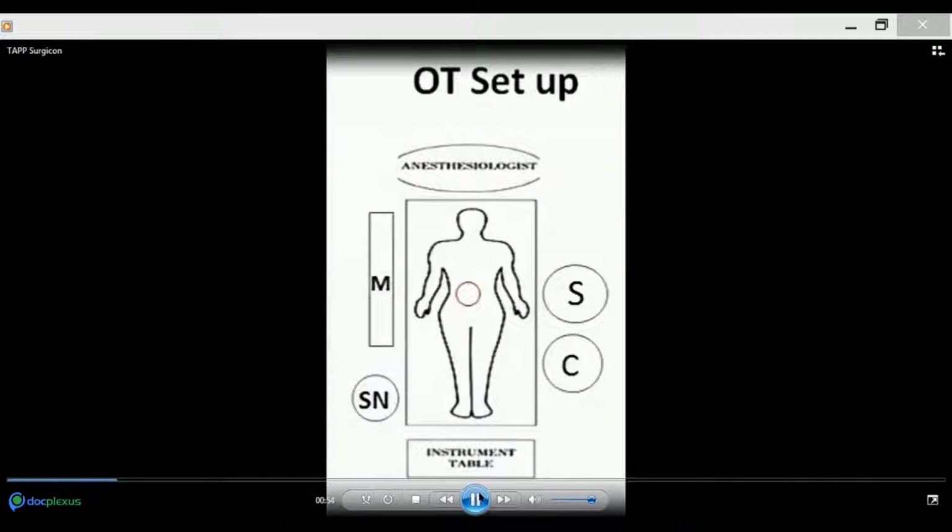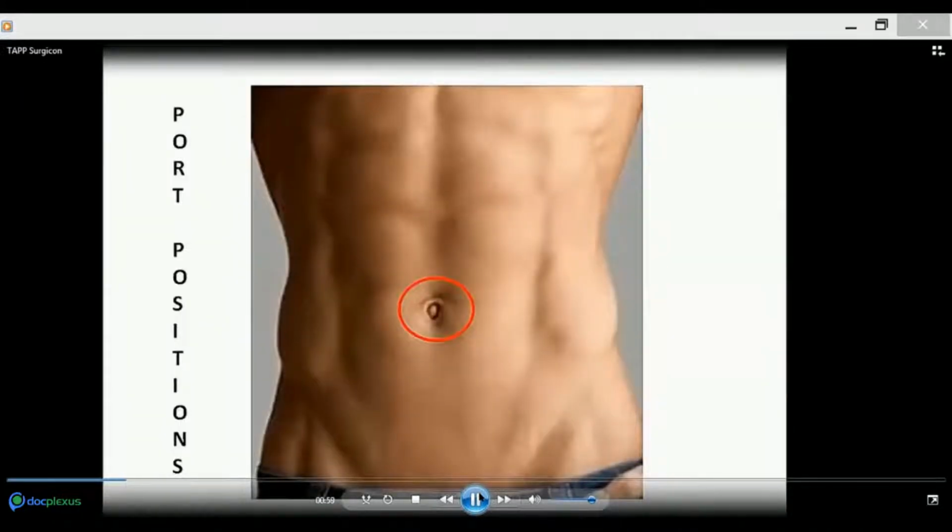So to start creating pneumoperitoneum, you have to gain access with a Veress needle from Palmer's point, and after that you have to place the 5 millimeter port at the left upper quadrant as lateral as possible, and under vision with a 5 millimeter camera, you can place another 10 millimeter port, which will become your